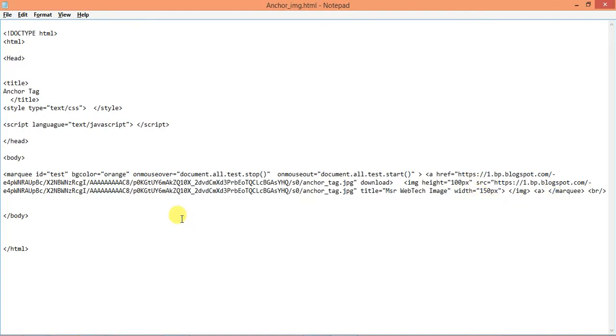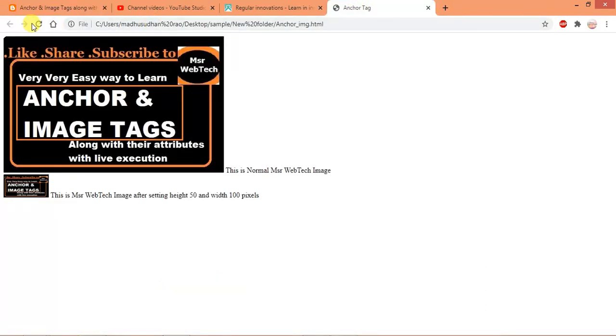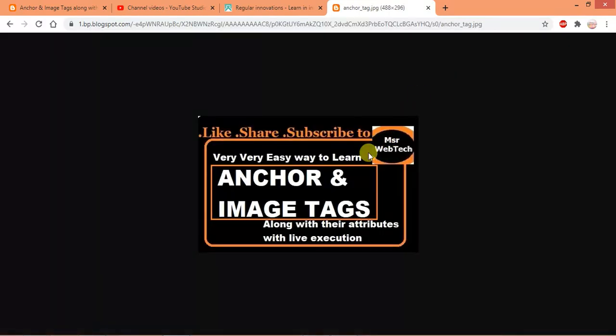Let's see how it works. Just refresh the page. Yes, we get MSR Webtech image when you hover, because of the title, and because of the marquee, when you hover the mouse, it gets stopped, because of the mouse hover events explained in the marquee videos. Next, if you click on this, the image gets downloaded because of the download attribute.